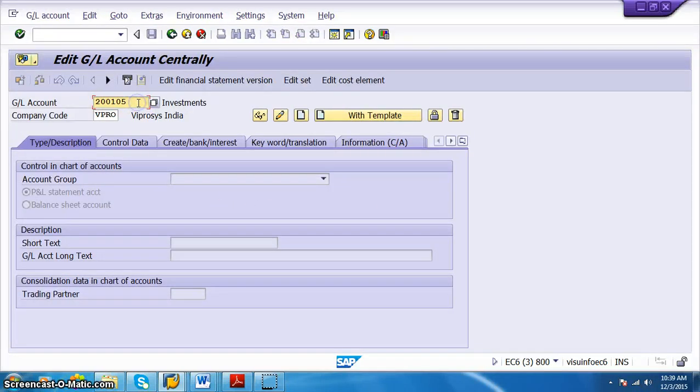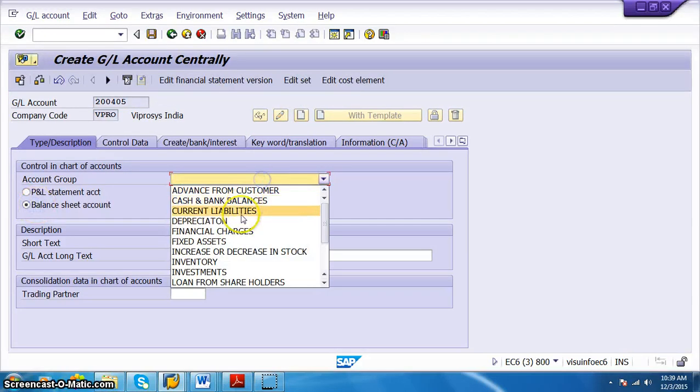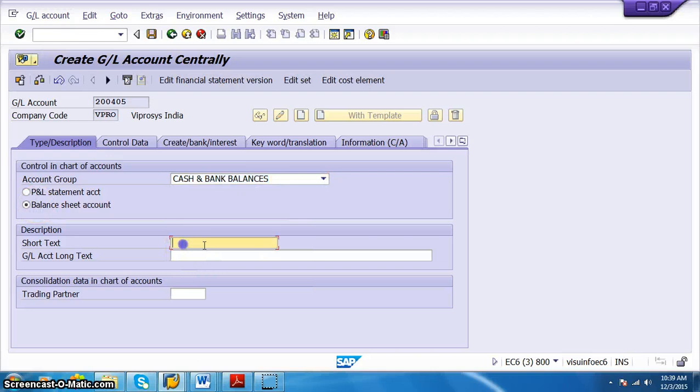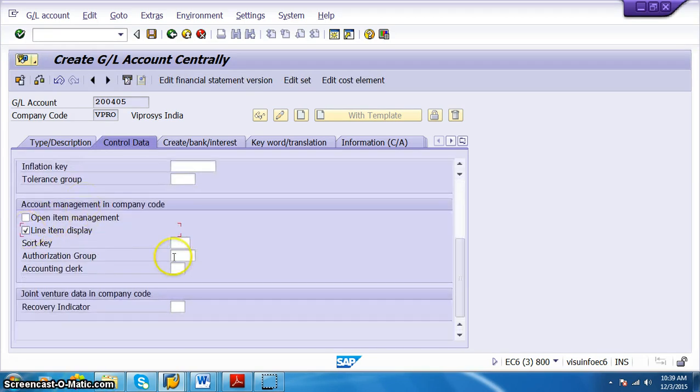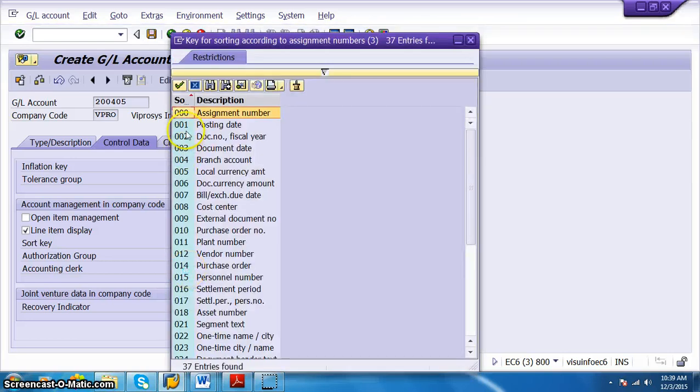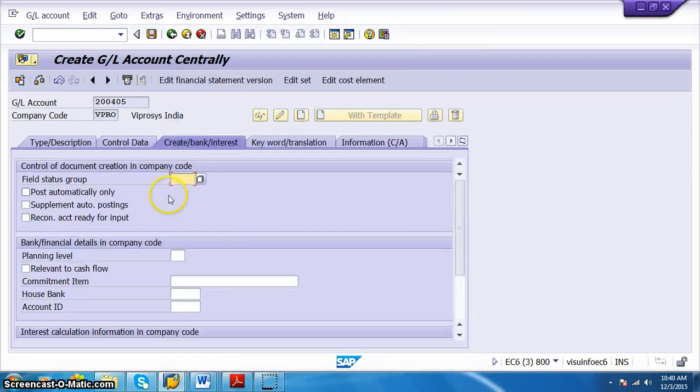So 2004005, create, and in this we have balance sheet account. In this we have cash and balances, cash account, and control data. In control data we have to go for only bank balances, and then line items, and in this we have sort key 001, and general ledger create, we have here G001, and just click on save.